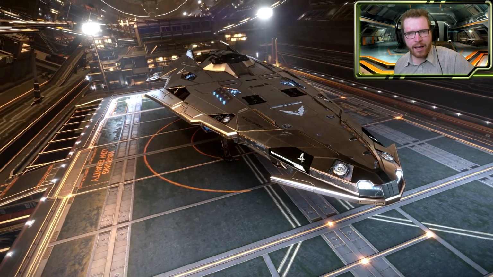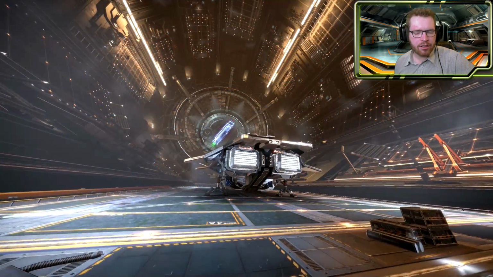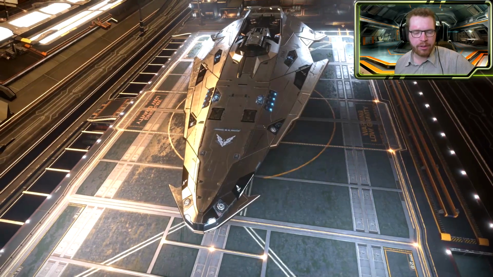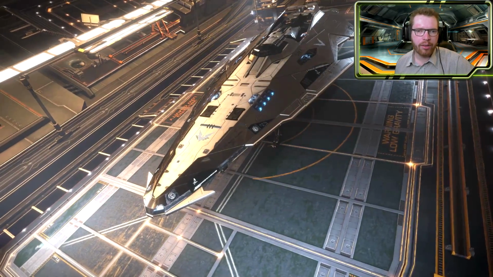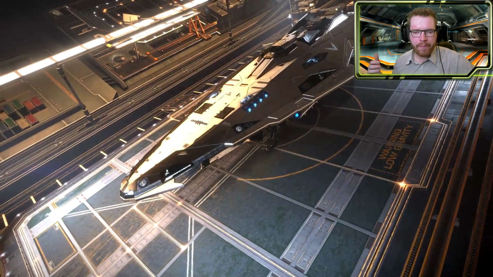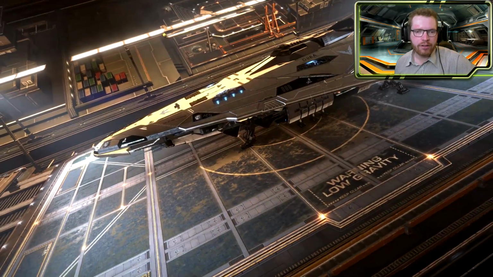Today we're taking a look at what I've decided to call the Blood Diamond Run, and it's basically just that: you steal low temperature diamonds, which is a very high value commodity, from NPCs, and you can then sell them on the black market. It's something that's been in the game for a very long time,